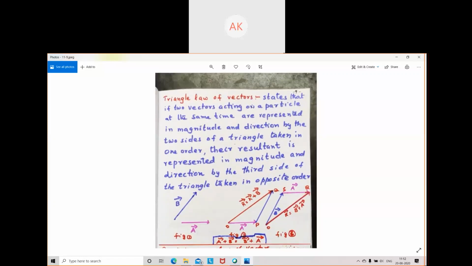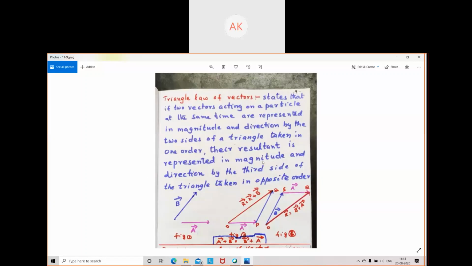The triangle law of vectors states that if two vectors acting on a particle at the same time are represented in magnitude and direction, this is the important thing, magnitude and direction, by the two sides of a triangle taken in the same order, that is important, same order, their resultant is represented in magnitude and direction